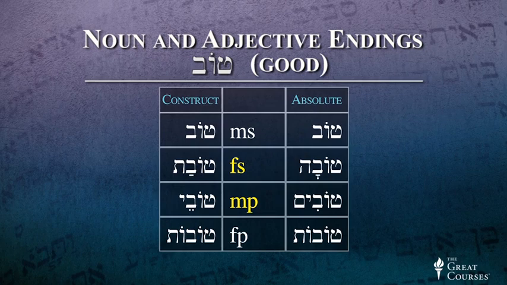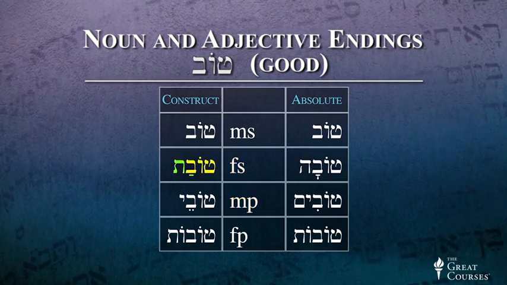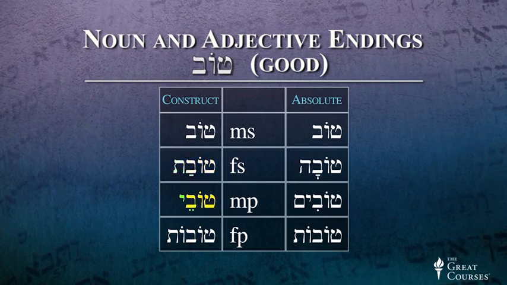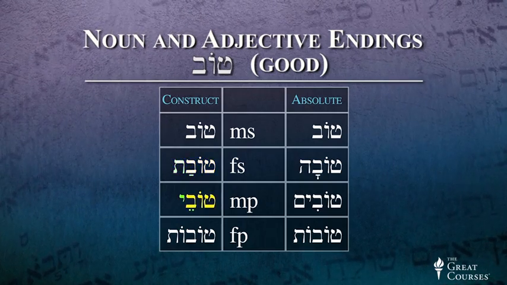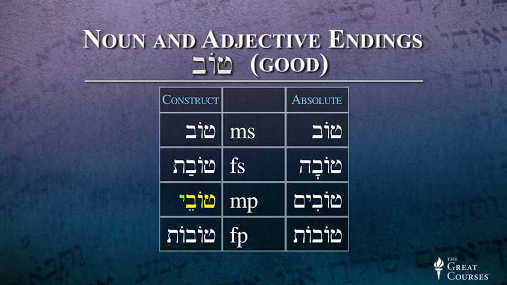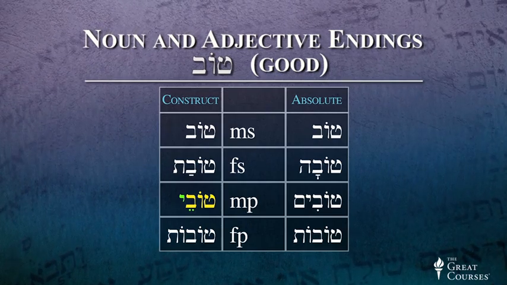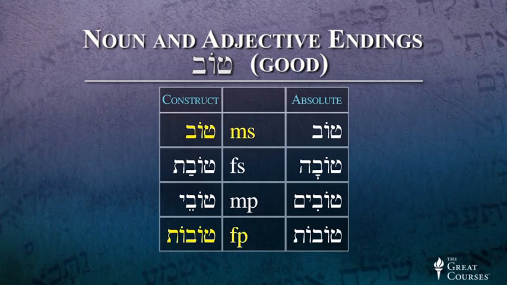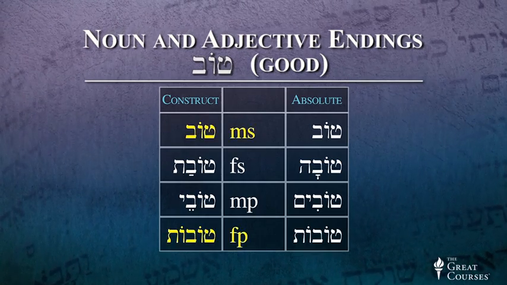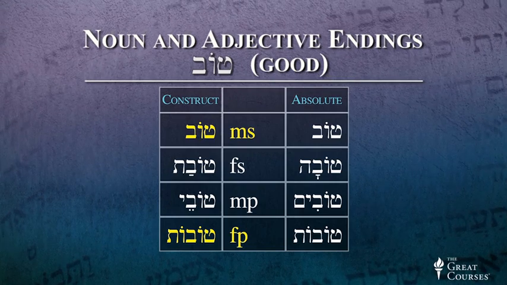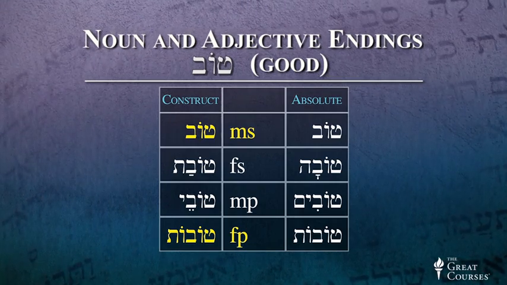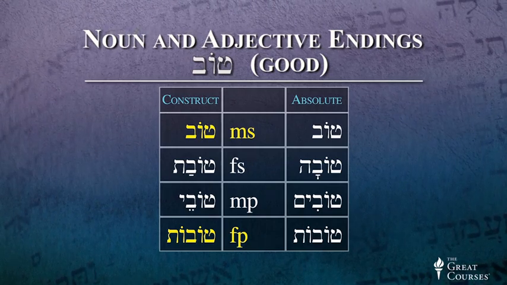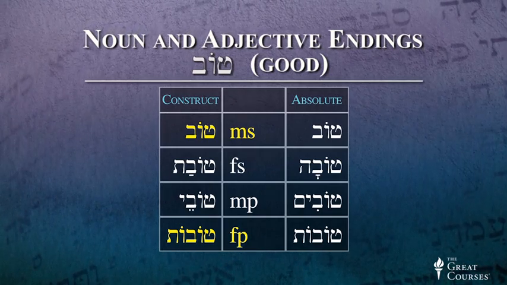When you see those special endings, patach taf for nouns and adjectives that end in a, tsere yud for nouns and adjectives that end in im, you know with complete certainty that you're looking at a construct form, no excuses. But with the other two forms, the unmarked nouns and adjectives and the nouns and adjectives that end in ot, you have to look for vowel contraction, or else you have to notice that the two words are right next to each other and they don't make any sense unless they're constructed into a phrase.